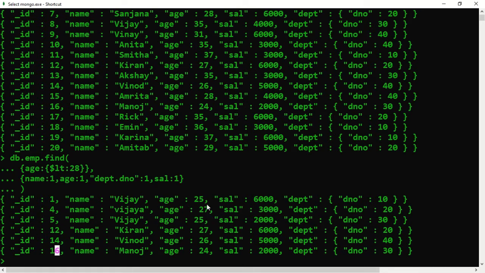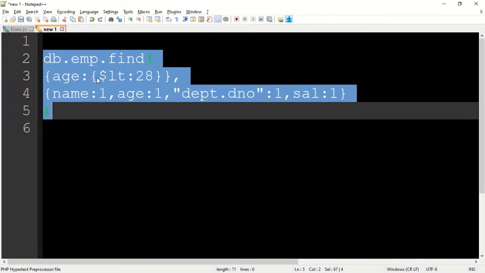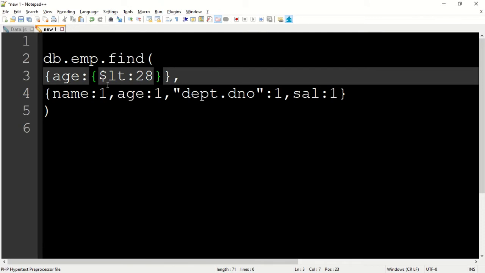But what is the opposite of this? Not, that means greater than, or say not equivalent to less than 28. So in that case, we go to the notepad here and simply add a not here. Not is a logical operator, so that must also be in a curly bracket.